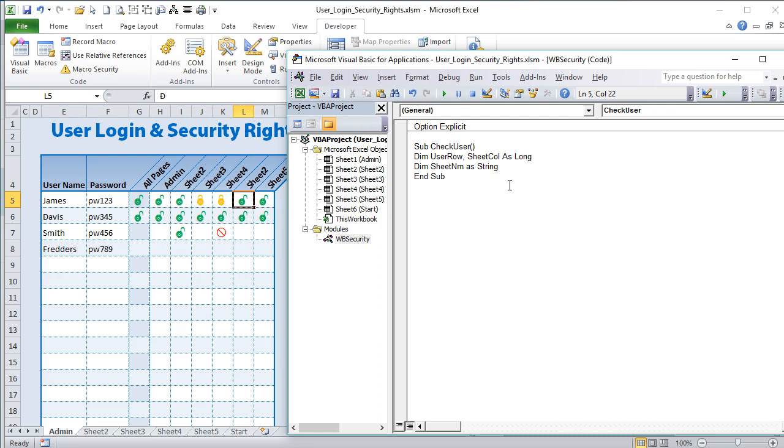And then what I want to do is specify that we're really only working with most of the things in sheet 1, which is the admin. Okay, sheet 1 here, you see admin. So we're going to go with